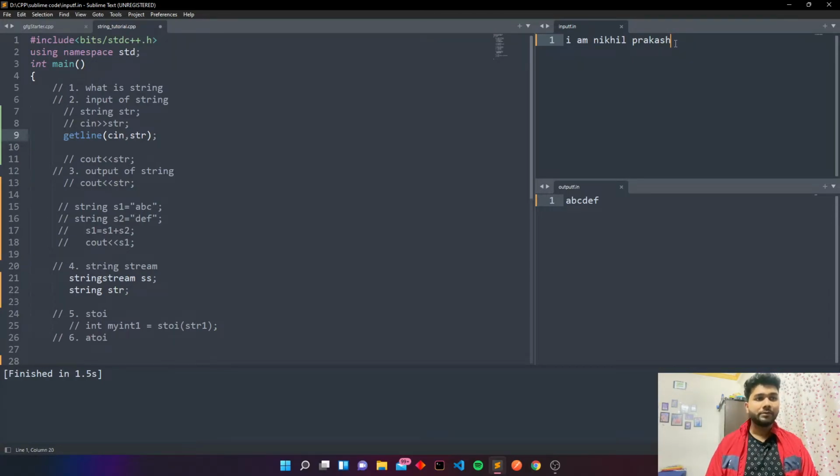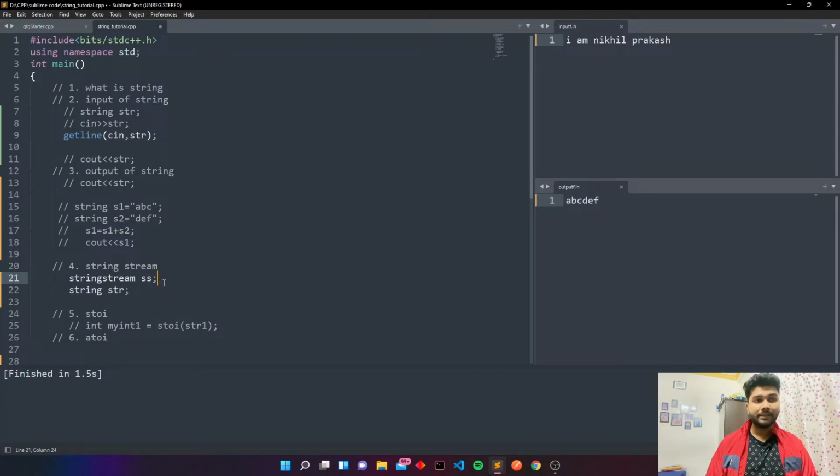Okay, but in a long passage there may be many I, am, and all different kinds of words. Okay, so the question will be asked to print the output, the frequency of the names or any word. Okay, so then you have to save all the words separately in a vector or anything or map.